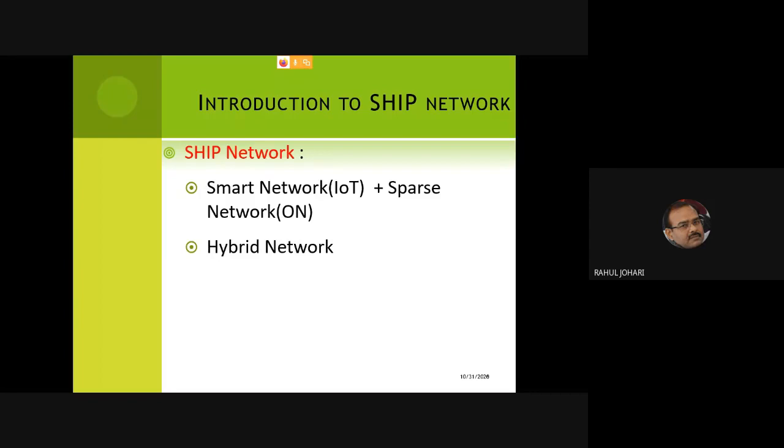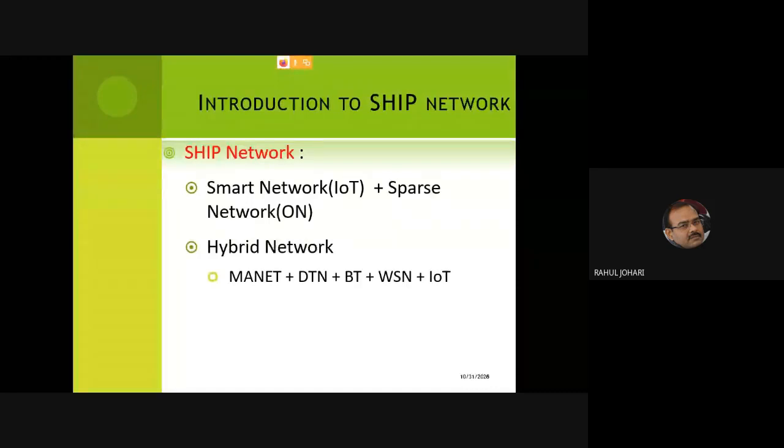Now these kinds of networks do not comprise only one category of network. It's a hybrid. I can have an amalgamation of multiple small networks coming together to build a larger network. These small networks which can collectively combine could be MANETs, mobile ad hoc networks, which were introduced by Charles Perkins, a very popular network, and some of you would have already heard about it or studied it.